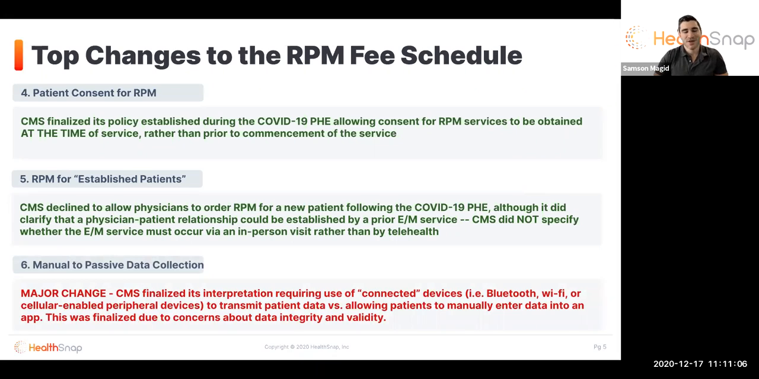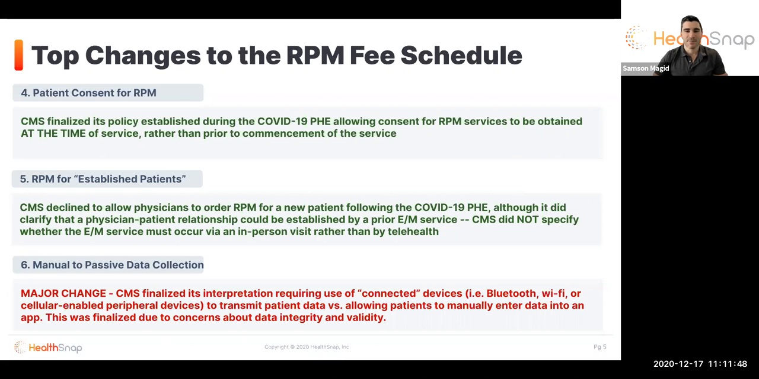The next one is another major change to remote patient monitoring in 2021. Prior to 2021, so in 2020 and before, a patient was able to manually submit data in an application to send it to the care provider that was monitoring them. CMS has now changed that ruling to requiring the use of connected devices, meaning it has to be a Bluetooth, Wi-Fi, or cellular-enabled peripheral device that transmits that data passively from the patient's home to the care provider without the patient manually entering data. This ruling was changed because of concerns about data integrity and validity,